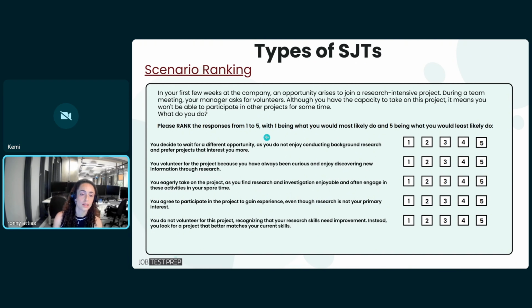Okay. Now, when you look at the different responses, the different options that you can take, you need to keep in mind, again, what Kemi talked to you about in length, is that you want to try to understand what's lying behind the statement. Okay. So when you choose to respond in a certain way, you are telling on yourself in a sense. You're showing what you are more likely to do based on your behaviors and personality traits.